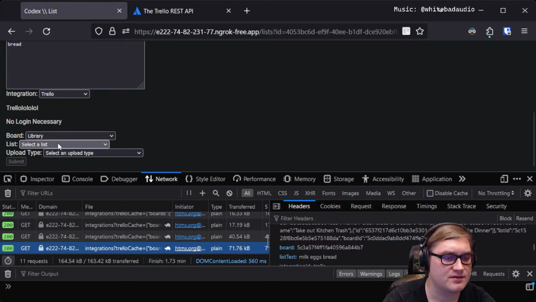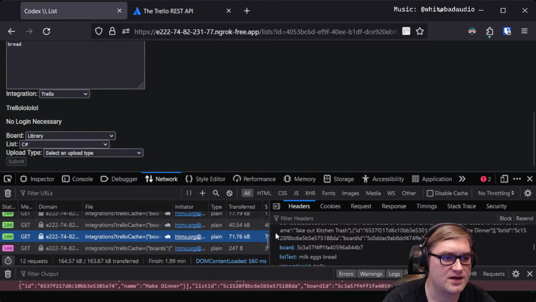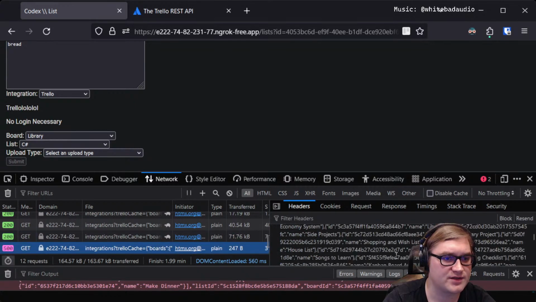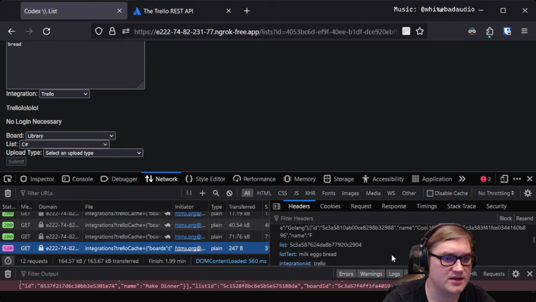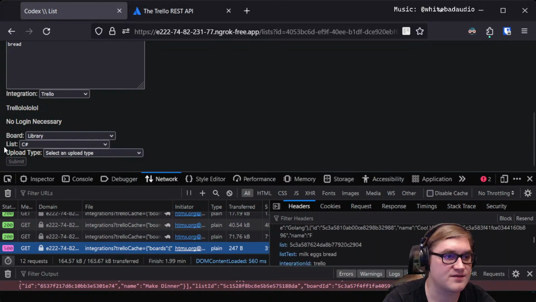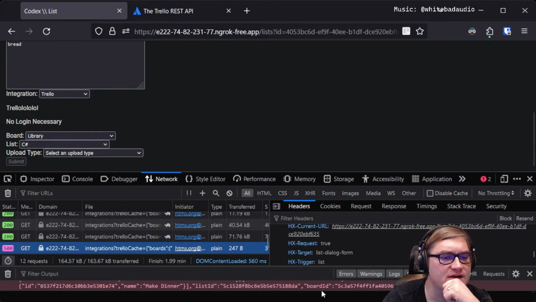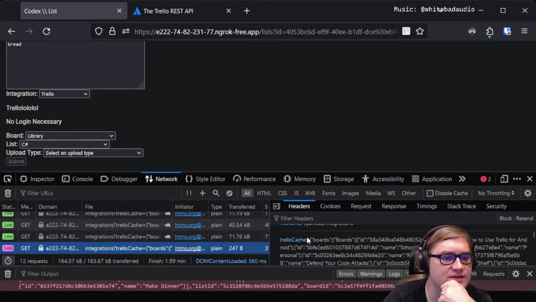It did add everything. And then we can select our list here. That's where we get the 500 because we hit a limit with the lists. Okay, this is a very large Trello board, extremely large. And so I guess once we hit over a certain size,